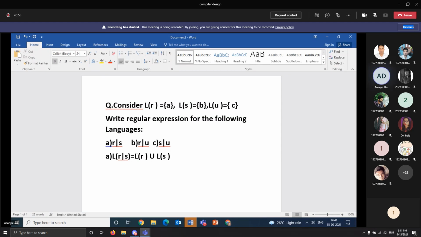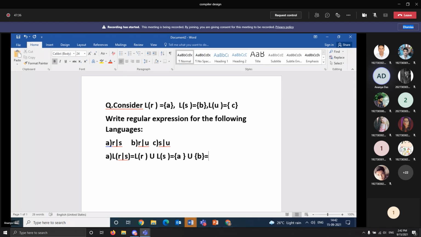और अगर यूनियन ऑपरेशन हो रहा है, सो सेपरेटली एल आर का मतलब क्या है, क्वेश्चन में ही आपको दिया हुआ है कि सिंगल ऑकरेंस ऑफ ए, सो योर ए विल बी देयर और उसके साथ आप यूनियन करोगे. सो दैट मीन्स ए इज अ सेट एलिमेंट, तो आपको कर्ली ब्रेसेस पे देना चाहिए. तो आप यूनियन करोगे एलएस में जो मेंबर्स है. सो एलएस में मेंबर कौन है, बी इज द मेंबर. सो ए यूनियन बी